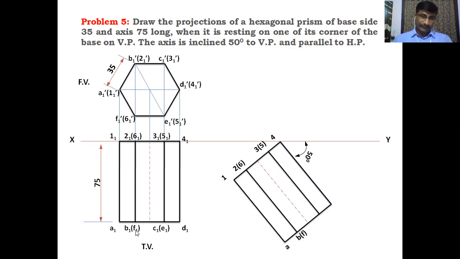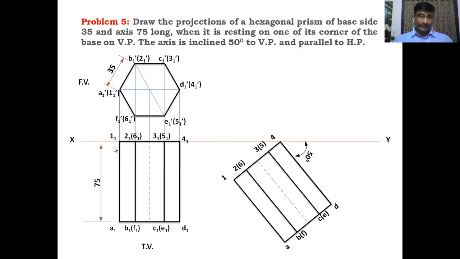This is the B1 of F1 becomes B of F, and this point is the C of E, and next point is D. So total this solid will be rotated at an angle of 50 degrees. Then we will get this view. In this view, replace that, the without 1. We have to use without suffix 1 in this lettering and numbering.